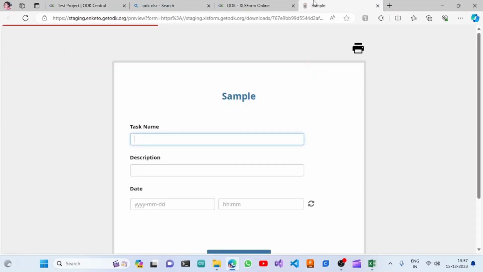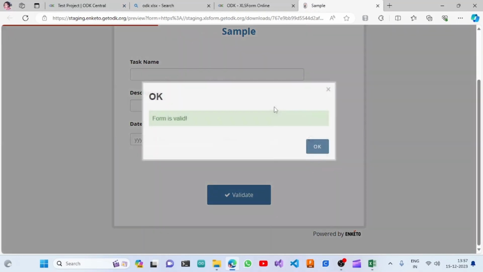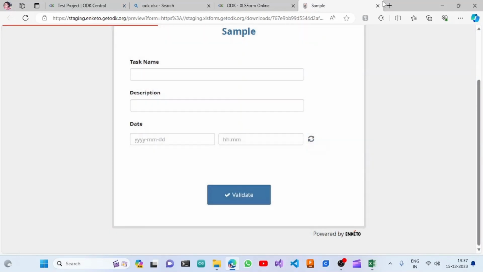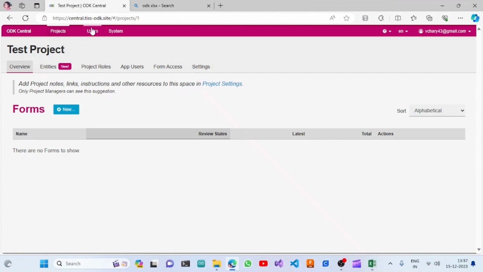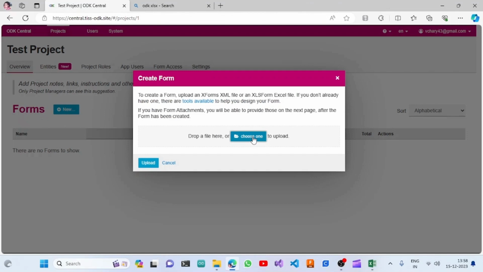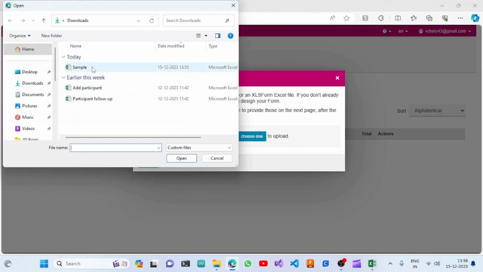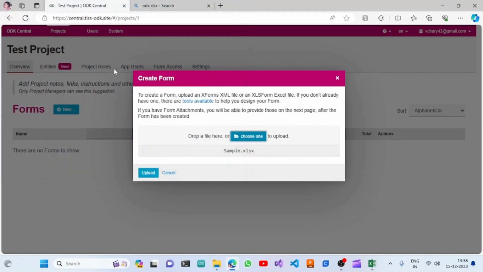So first of all, we have uploaded and validated this form. This is saying the form is valid. Then we can go to our application, that is the URL, and once you click on this new form, you can choose the file. So I'm choosing this sample file. That name has been displayed over here, and once you click on the upload button,